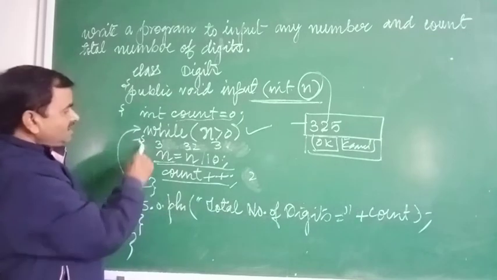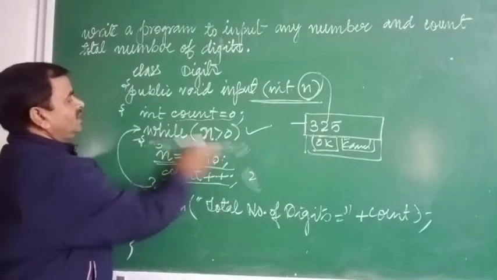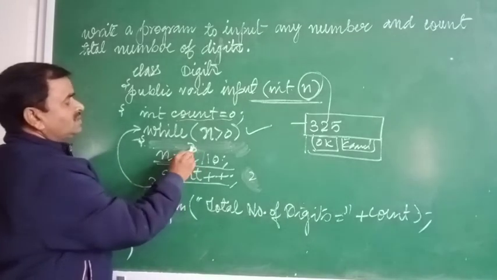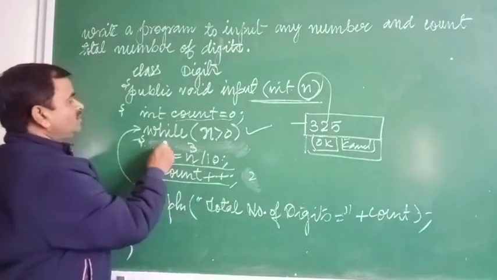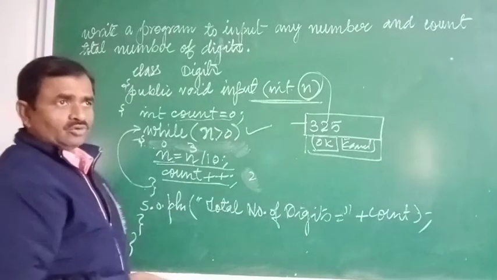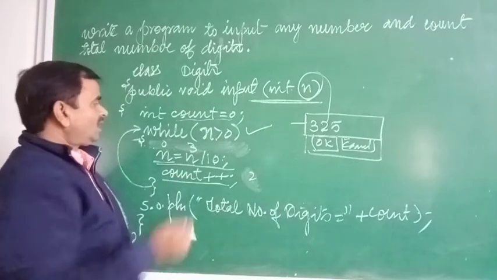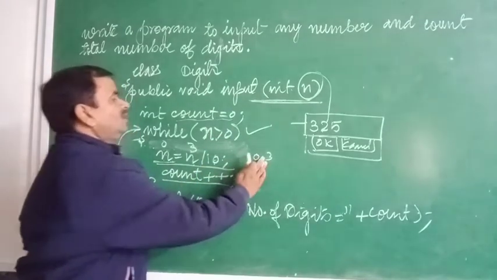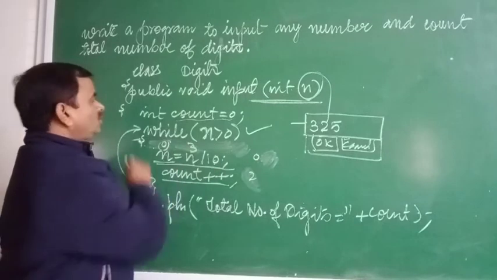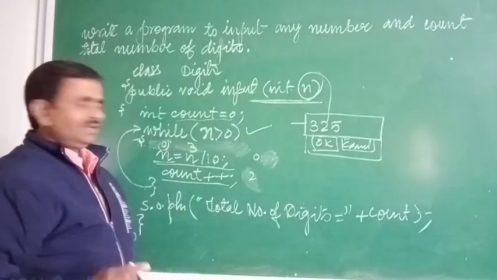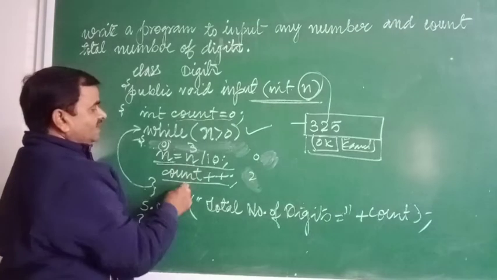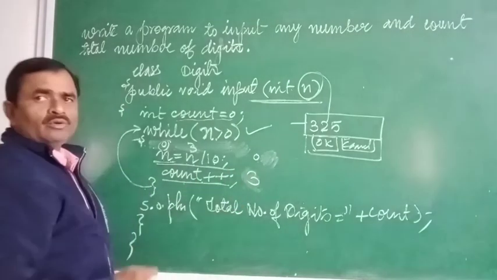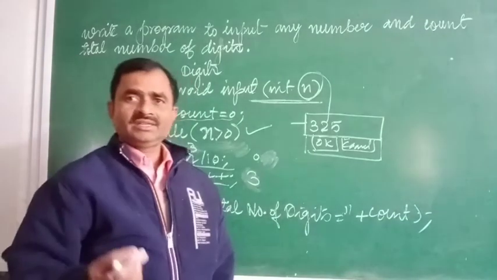Again the condition is true. Your control will come inside of this block and it will read from the first line. So the value of n is 3. 3 upon 10, the quotient will be 0. What will be the quotient? 0. 3 is not divisible by 10, the answer would be 0.3, but due to integer value, 0.3 will be ignored and 0 will be the quotient here. Okay, so 0. Next line count plus plus. It is already 2, but now 1 will be added to the variable count. So now the value of count is 3.